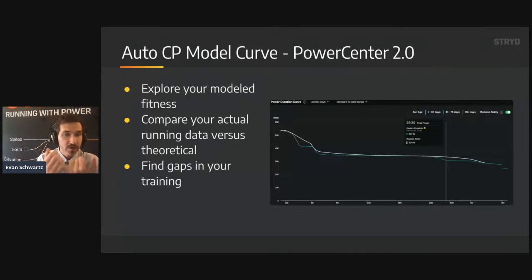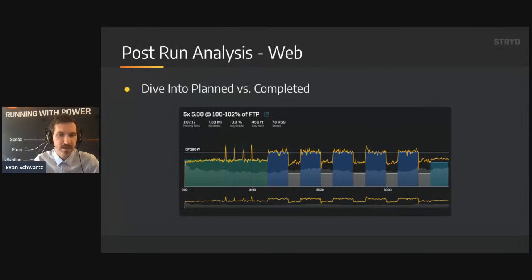But the auto calculated critical power model curve and the power duration curve in general are two of the most important things to understand in the Stryd ecosystem. And it is, again, a beautiful interactive experience on PowerCenter 2.0. Post-run analysis on the web. We offer, again, training plans, imported workouts. We offer a lot of this